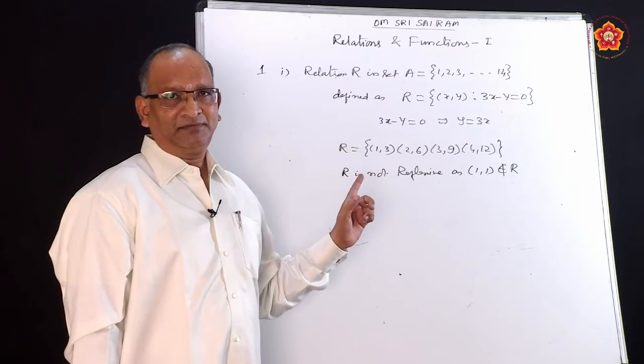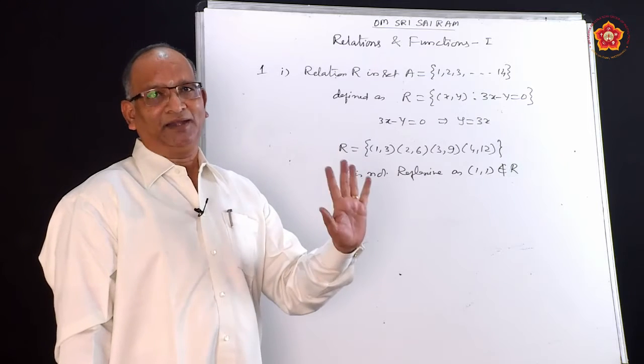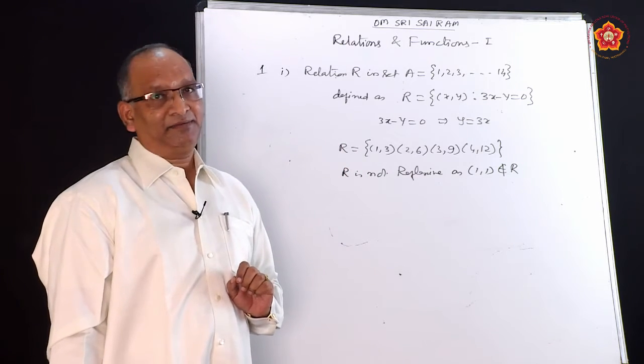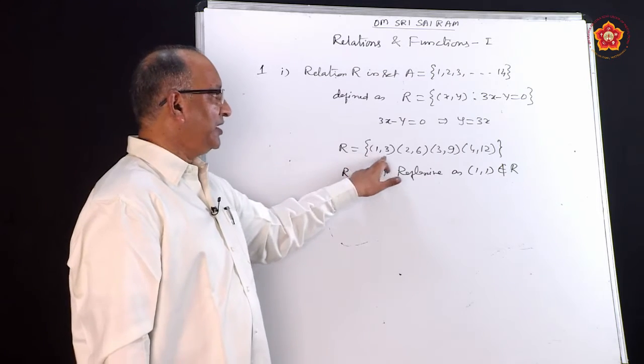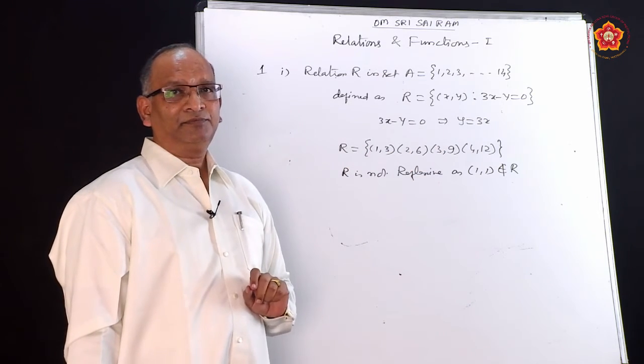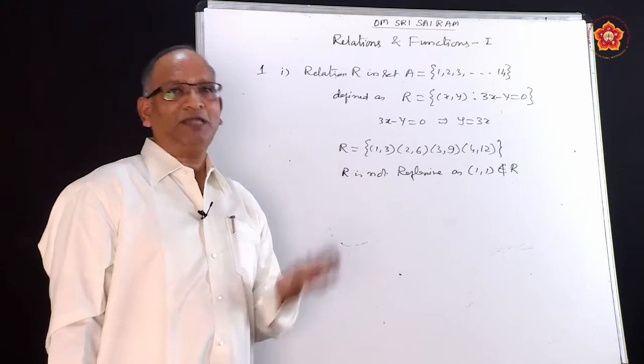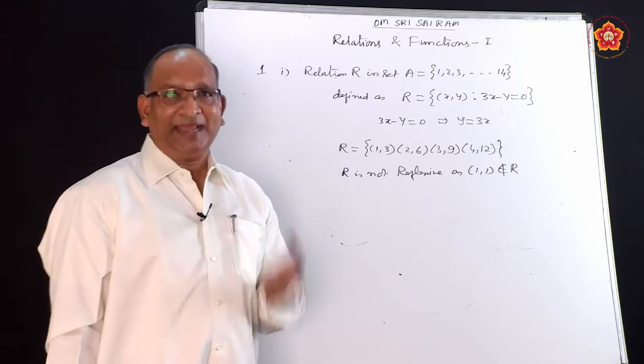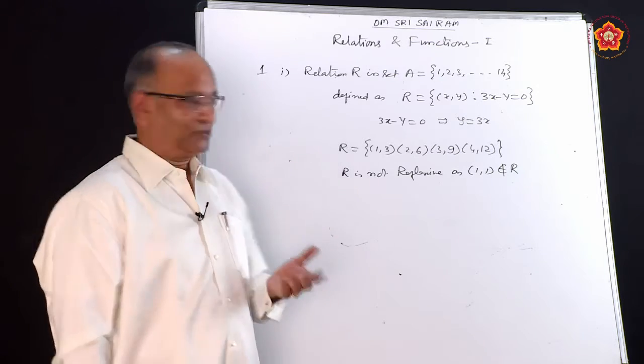1 is an element, but 1 is not related to 1. So it is not reflexive. What about symmetric? One pair is 1, 3. Do you have 3, 1? You don't have 3, 1. So it is not symmetric also. As I mentioned, in order to deny, one example is enough. So we will say